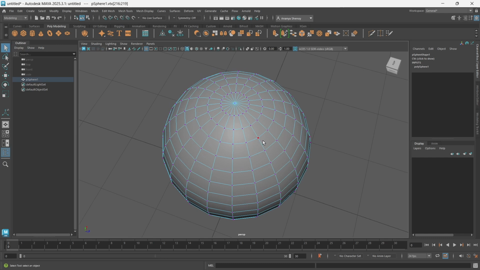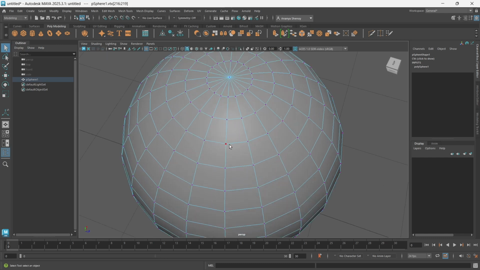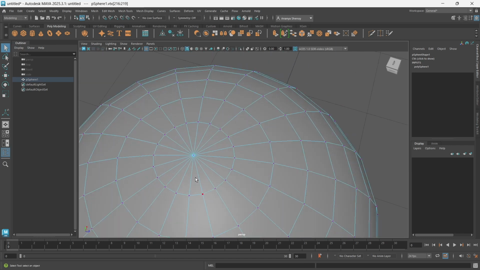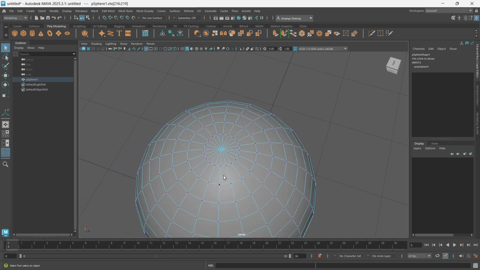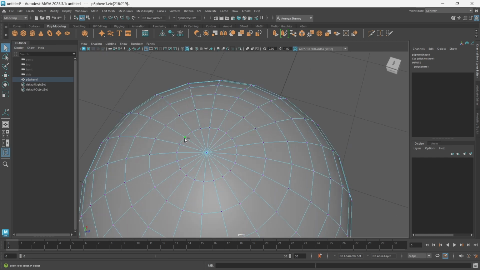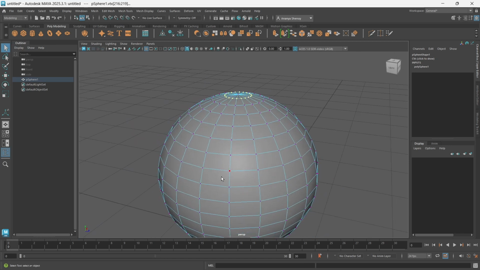You also have to keep in mind that quads, which we talked about, faces with four sides, are usually the easiest to include in selections. If you have triangles, it gets a little more complicated. Any vertices that have more than four edges coming out of them are always a little harder to select. So this you'll still be able to select, but if you try to select these edges, you won't be able to. So keep that in mind when you're making complex objects. Always try to work with quads, which are faces with four sides, so that selection gets a little easier.